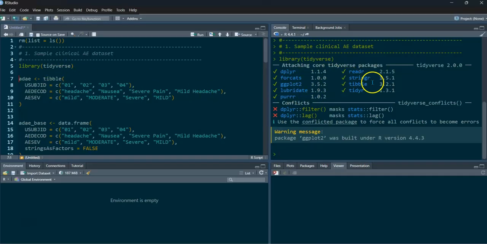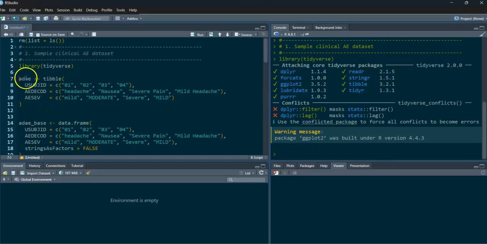You want to call stringr separately, like library and then the stringr package, but we will use dplyr as well for chaining. So you have to call dplyr as well. So I'm just calling the tidyverse, all the packages in one go. If you haven't installed the tidyverse package, you first have to install it, and only then can you call the tidyverse